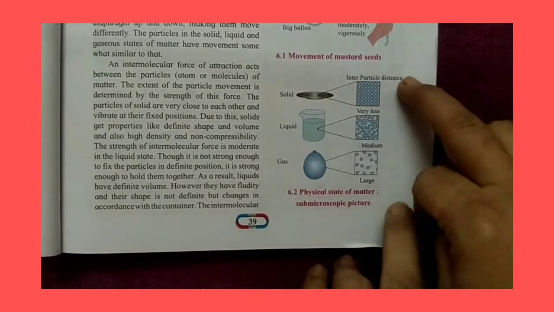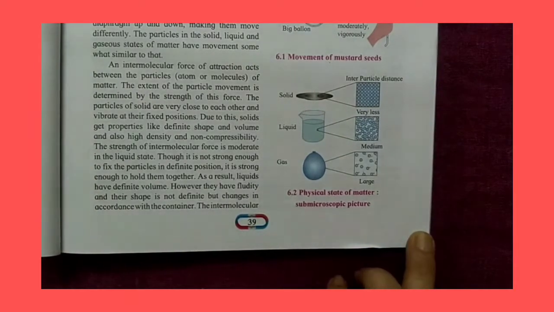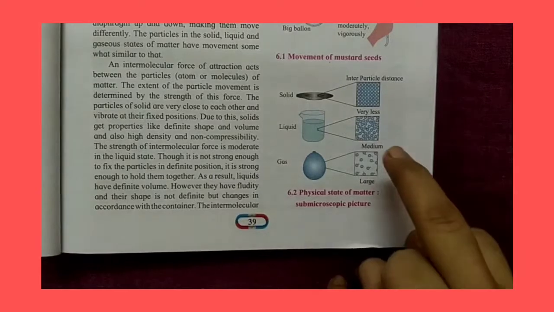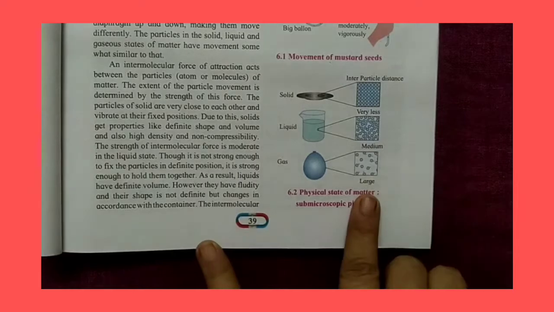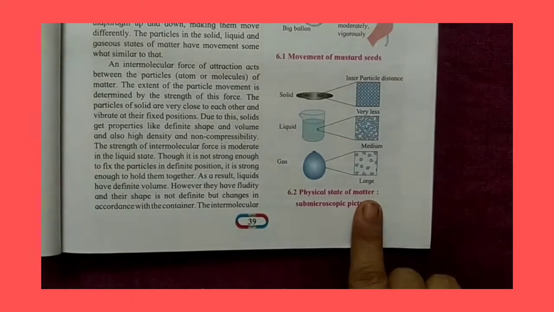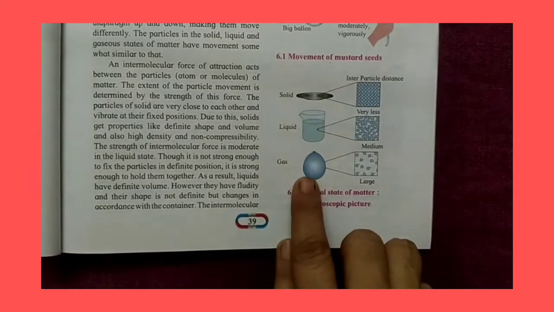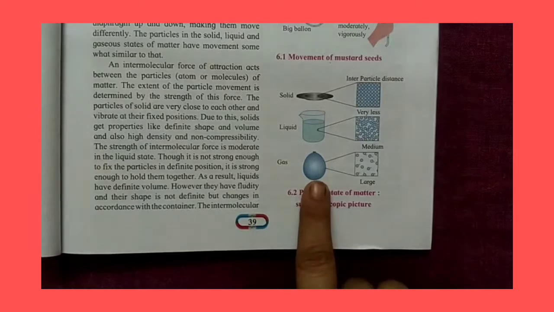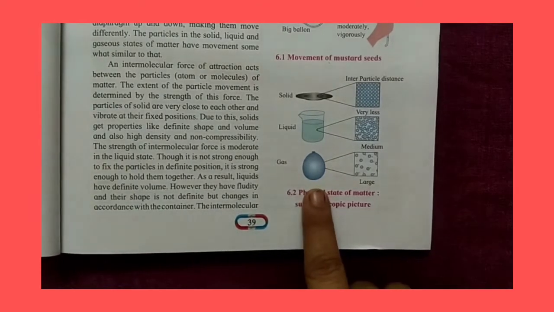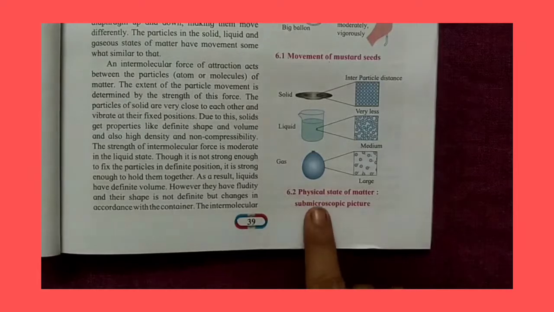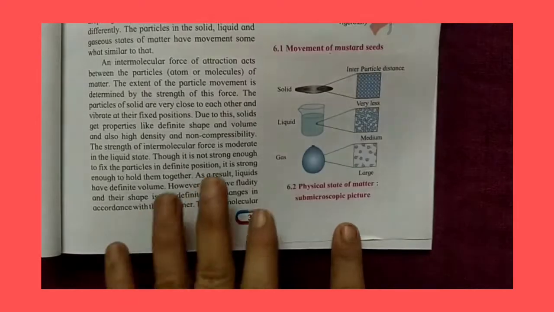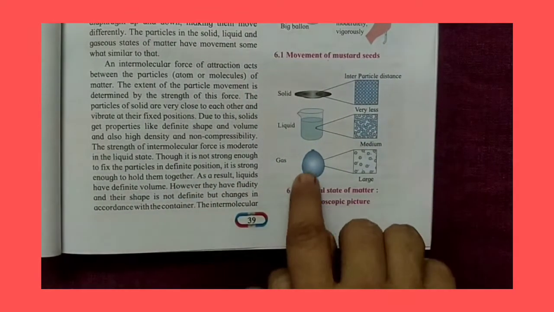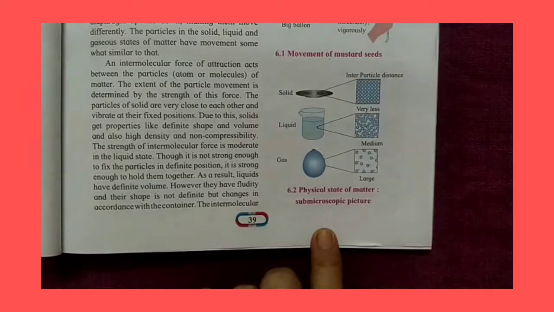The same way here also, in a solid the particles are very near to each other, so they cannot move. In a liquid, the particles are a little bit further from each other, so they can move. And in the gas, there is a lot of space in between the particles, so they can move anywhere they want. So that's why when we blow a balloon, it increases in size. Why does it increase? Because the gas which we blow inside has a lot of place to move, so it moves in many directions, and the shape of the balloon also changes, and the size also changes.